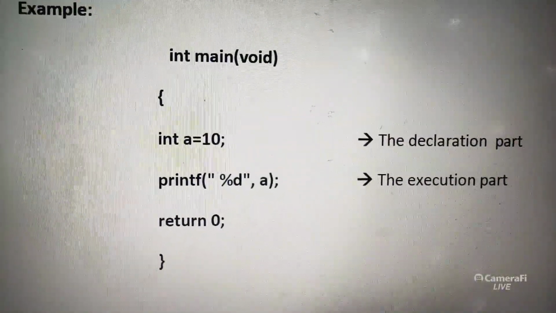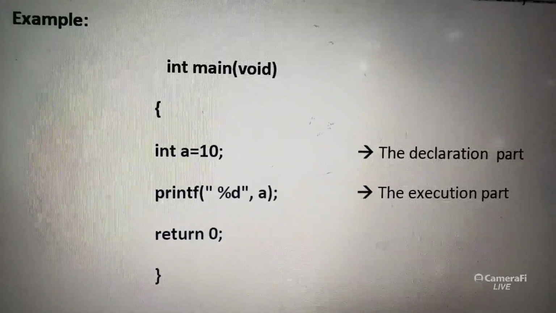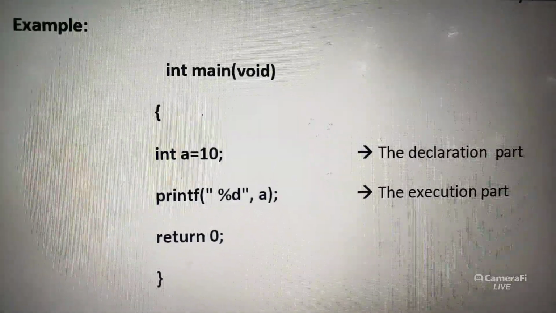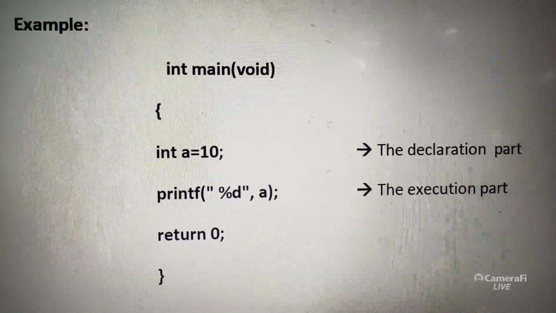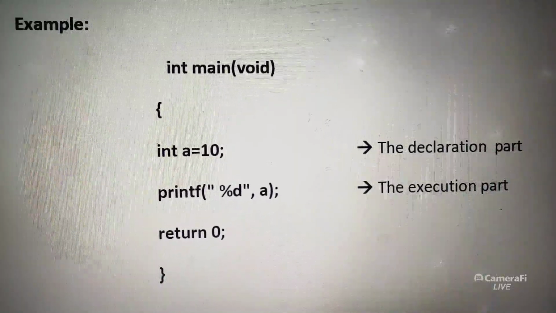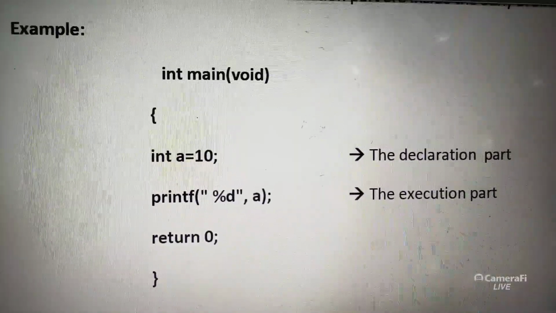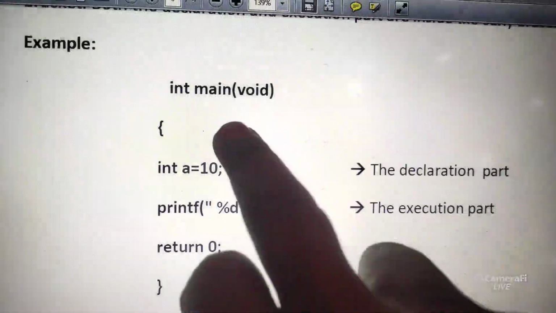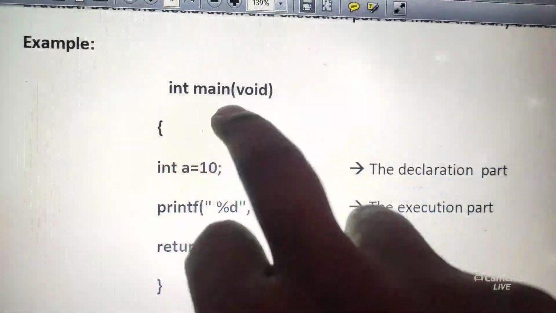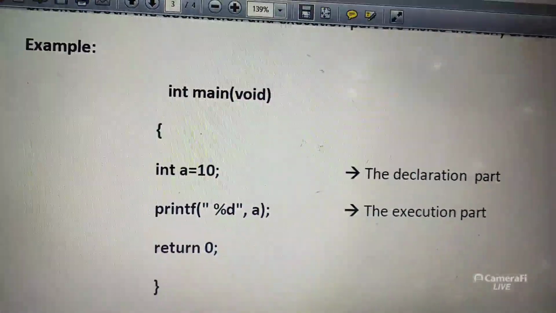Every program should have the description of a function called main. The name of the function is main. Okay, in brackets, void you can write or you can skip. Right, only brackets should be there. Before that it returns an integer value. So main is a keyword we should use. Before that, int space main brackets, you can leave void.